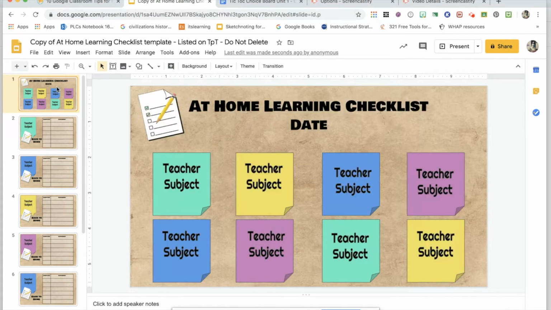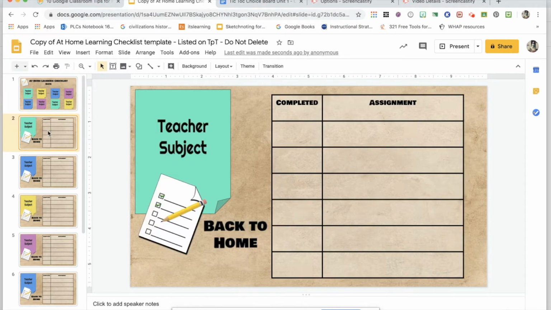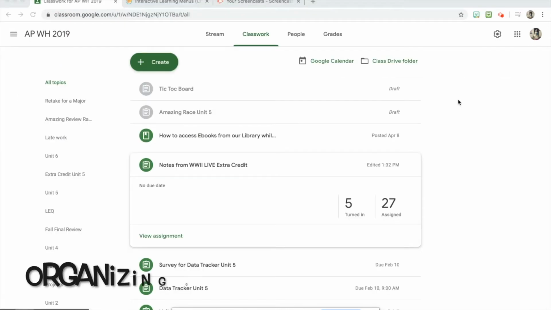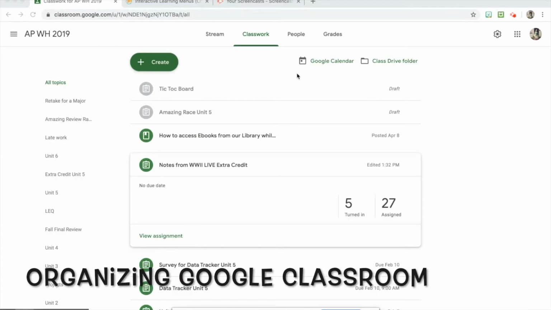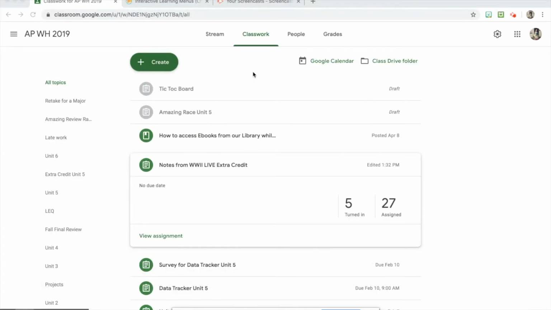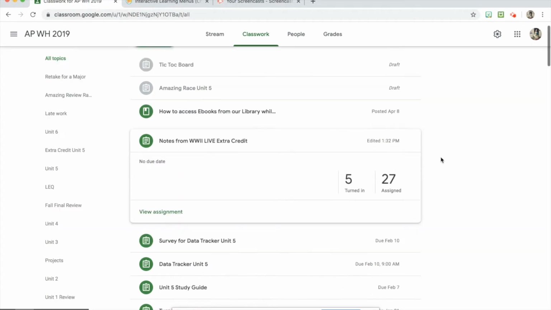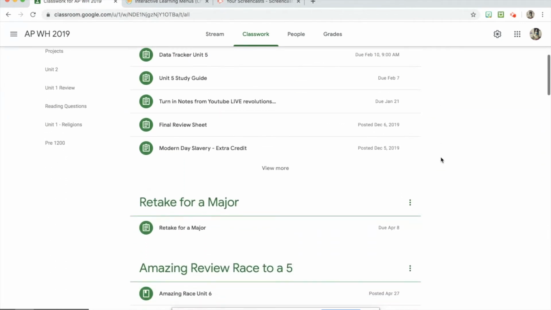This specific template could be used for just your class, or if the kids want to use it for all of their classes, it would be particularly useful. When reading the students' feedback, one thing they said was that they really had problems finding things on Google Classroom and the Hub. One tip I wanted to share with you today is to make sure that you are organizing your work by